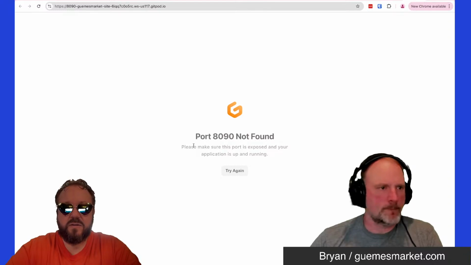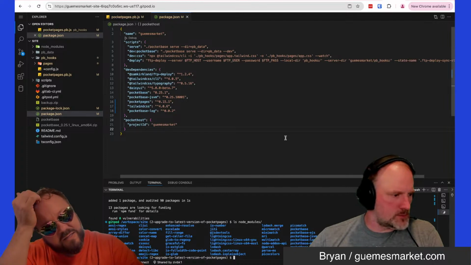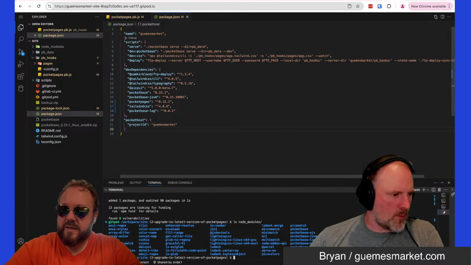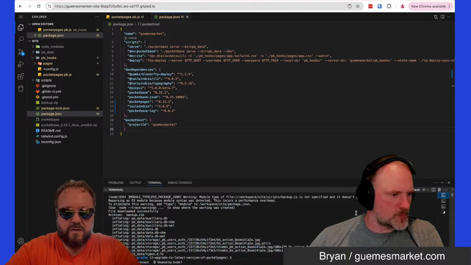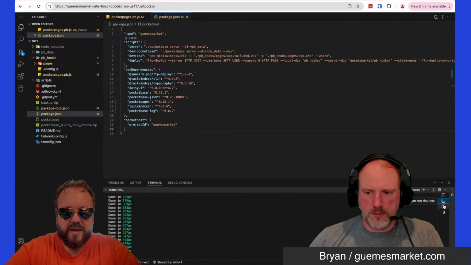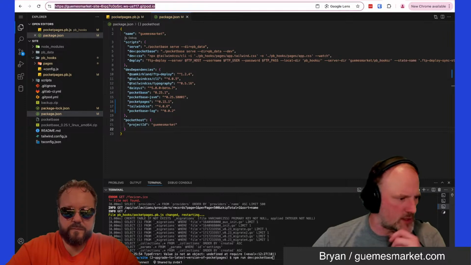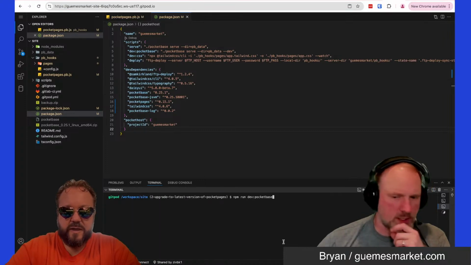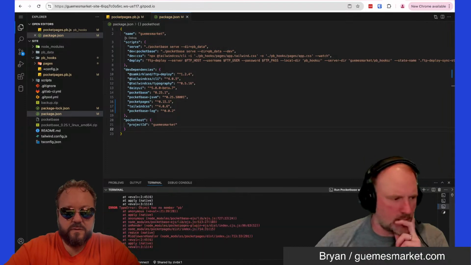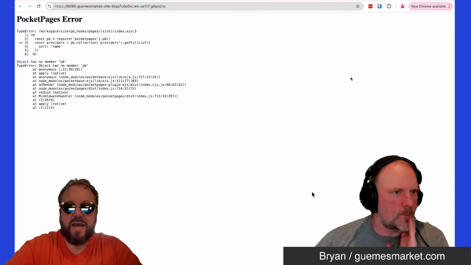Okay, yeah, not found. So now I need to be able to look at the log files here. Let me see which terminal that is. My guess is that when it exited, when you made those changes, it crashed. Yeah, it said value is not an object, but undefined, it requires something. So try running. Okay, I got that. No member PB. So that means